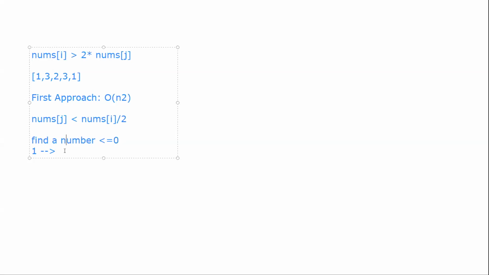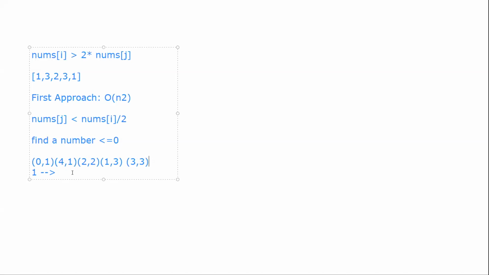To make this fast, I can maintain a separate array where I keep the original index and the element at that particular index, like 4,1 and 3,3.